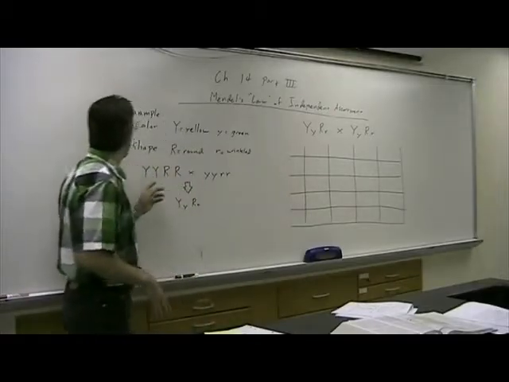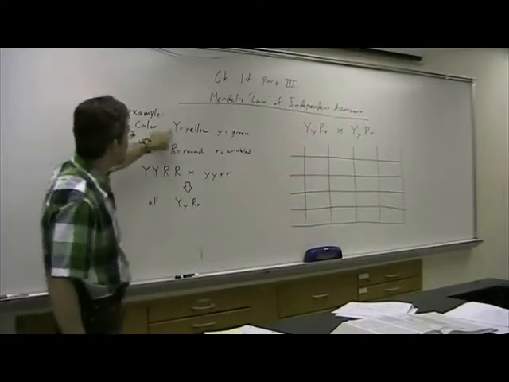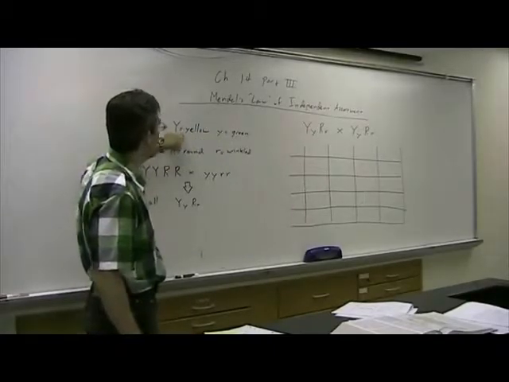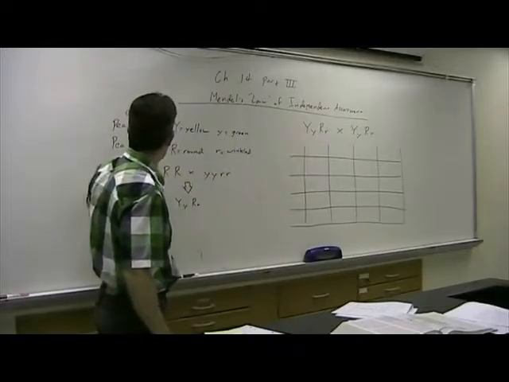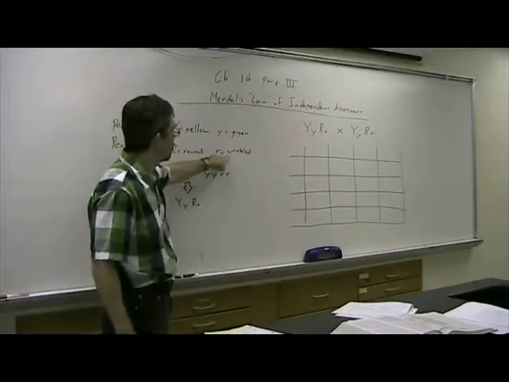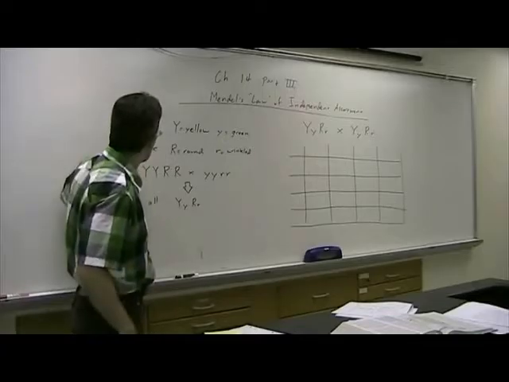In our example, we're going to be looking at pea color and pea shape. Each one has a dominant and a recessive allele. With pea color, yellow is dominant, big Y, green is recessive, little y. With pea shape, the dominant is round, big R, recessive is wrinkled, little r. Now, if we crossed yellow round